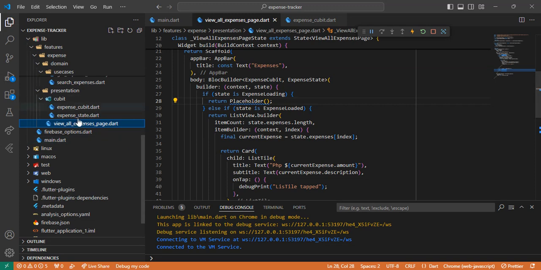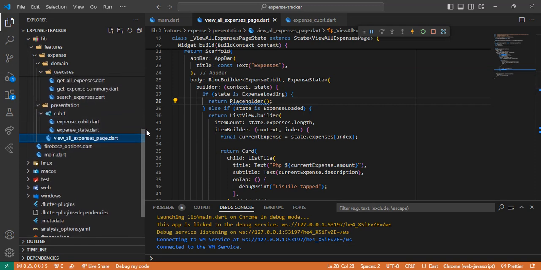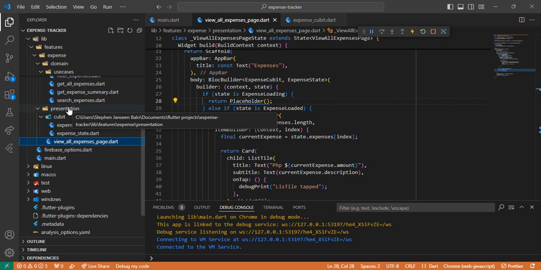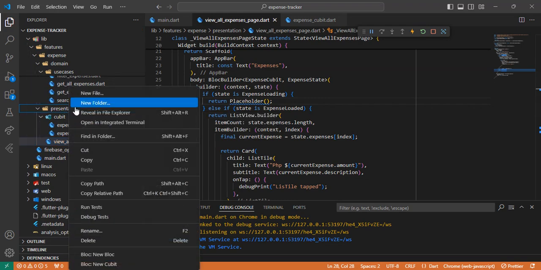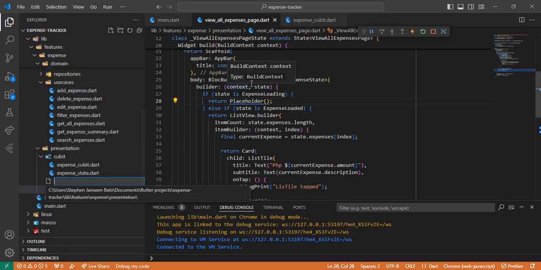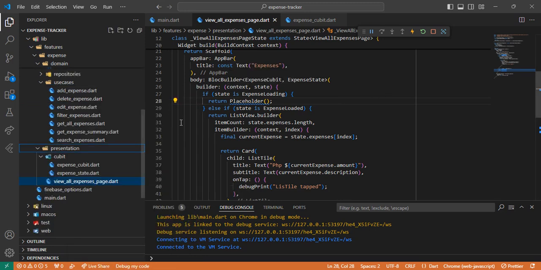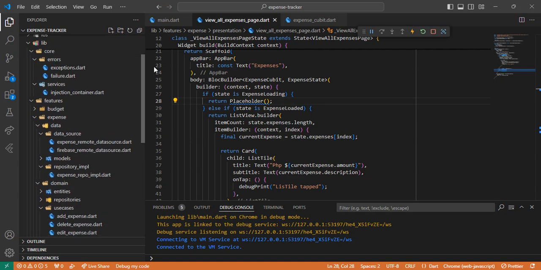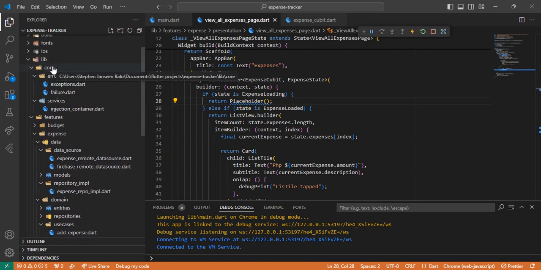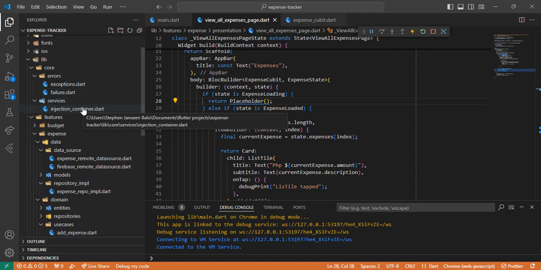So let's go to the presentation, and we're going to create a file and name this. Although technically this is a widget, and usually widgets are created in the presentation, I would prefer to create this in the core folder because, as I mentioned in the first video about the injection container,